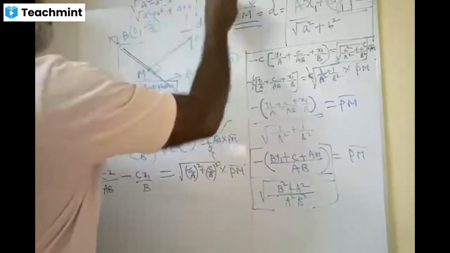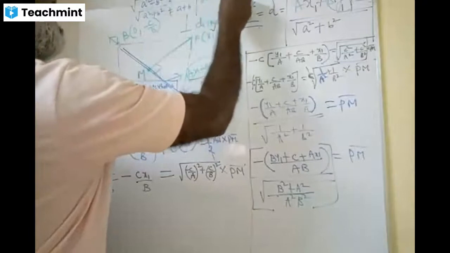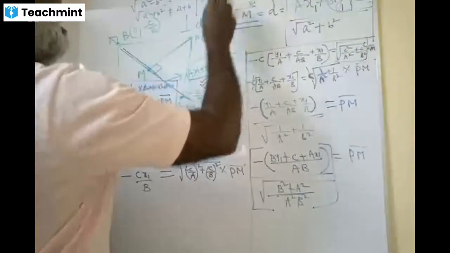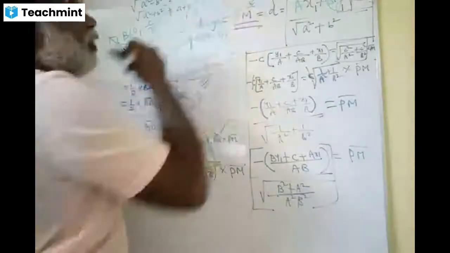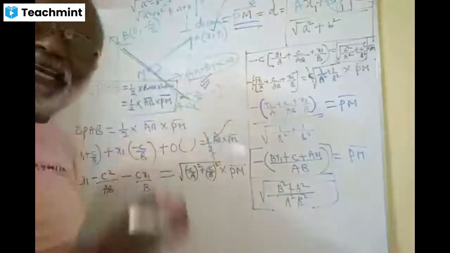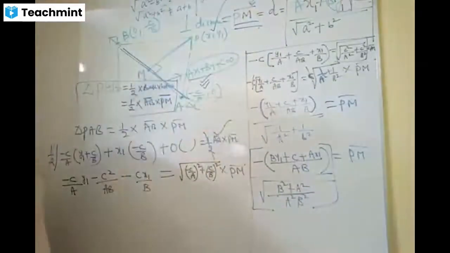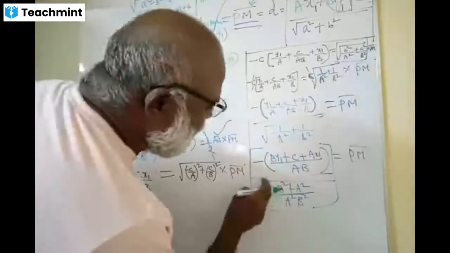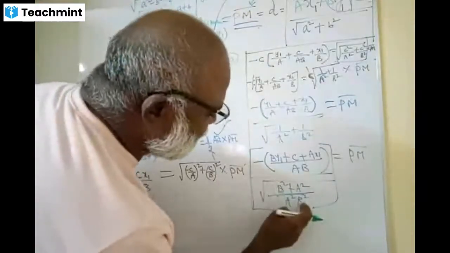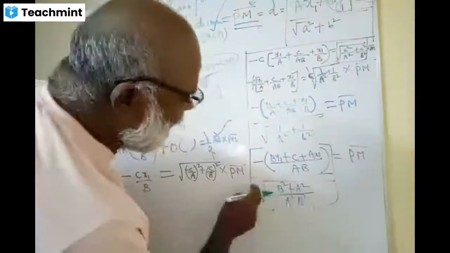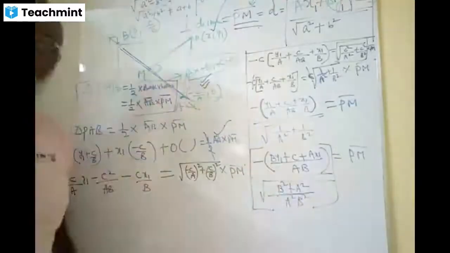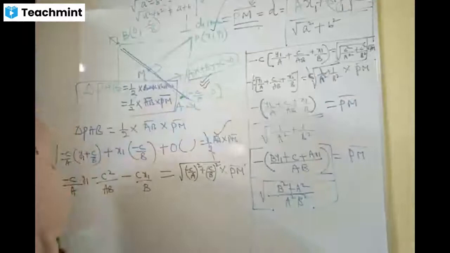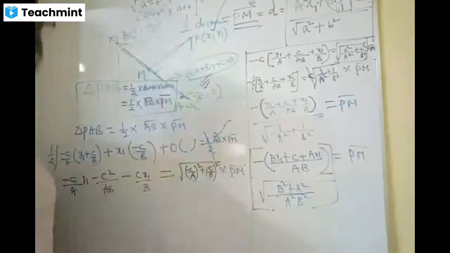But the root of A square, B square is what, dears? AB. That is very interesting. This rule they apply here also, but only for multiplication it is true. Therefore, the root of 1 by A square, B square is nothing but 1 by AB. So I will fill it over here. You can go through the derivation in the textbook. Same thing.